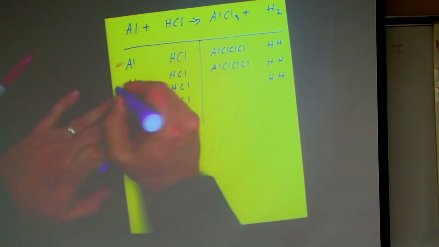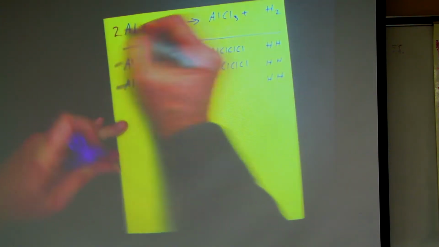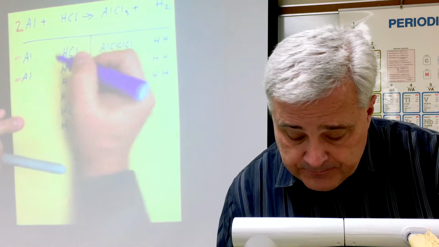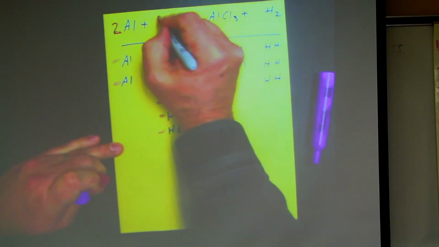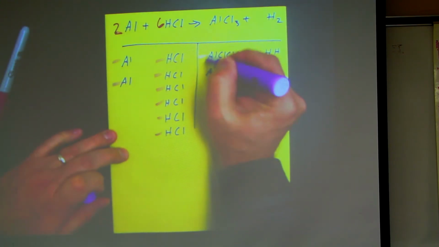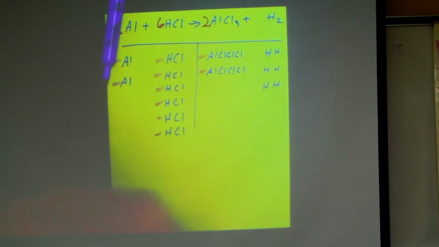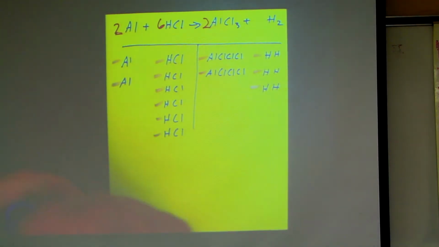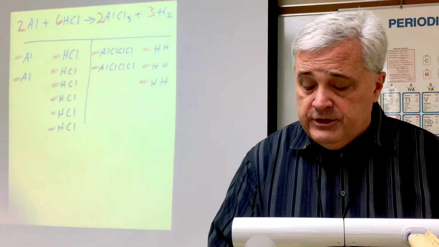So I have 1 row, 2 rows, and that's going to give me a coefficient of 2. And here I have 6 rows. 1, 2, 3, 4, 5, 6. That will give me a coefficient of 6. Here I have 2 rows. 1, 2. That will bring in the coefficient of 2. And then here I have 3 rows. 1, 2, 3. And that's going to give me a coefficient of 3. So this method